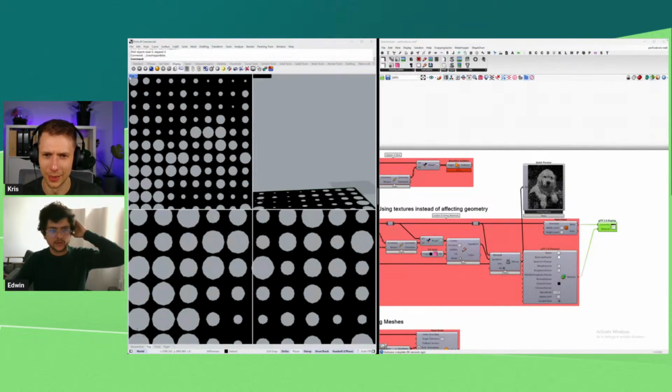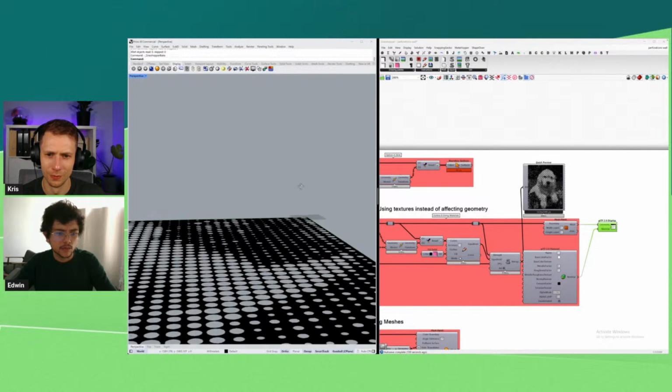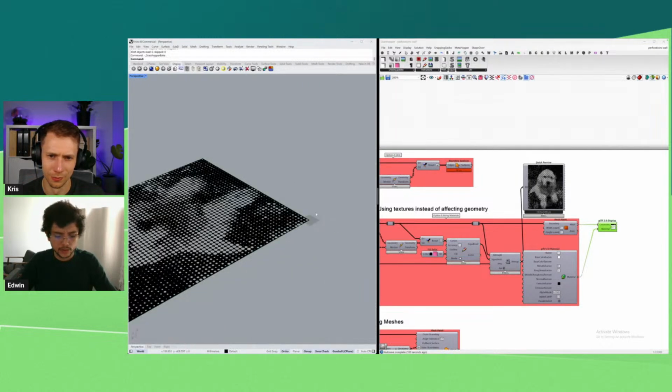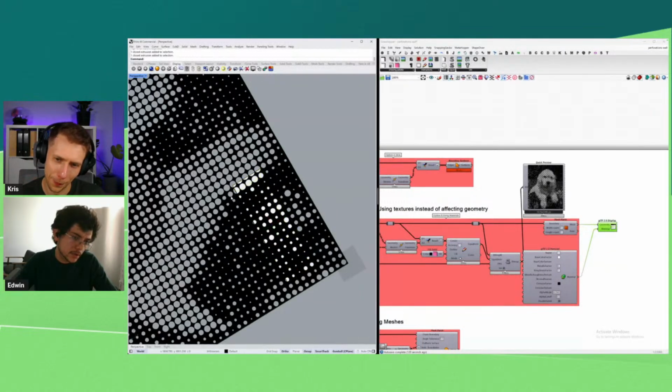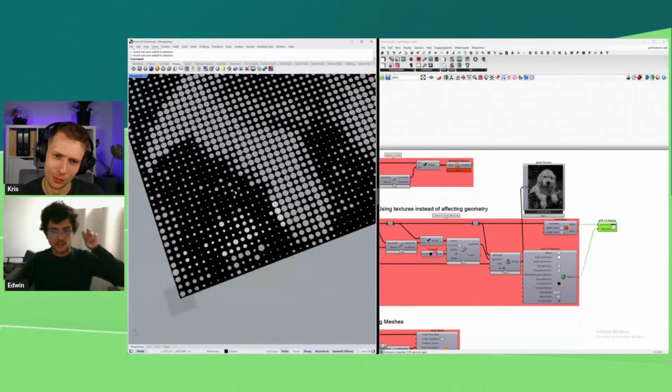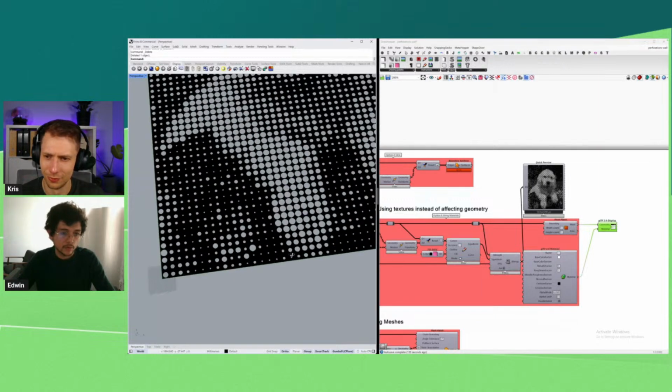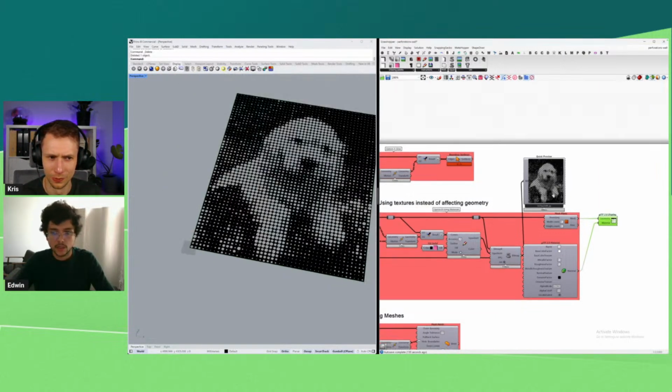So if I go to 3D, here we don't have anything below, but if I put a box, maybe. Okay, let's see if that's going to work. You can see through, you can see behind the box. That's because I'm using just this opacity map, so I'm faking these holes, because at the end I just need this for visualization. I don't really need this for manufacturing. For manufacturing, I just need the circles.